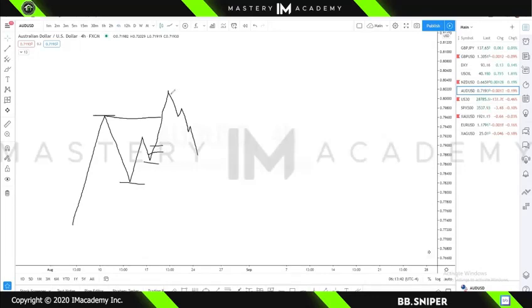So what they're going to do is move price down to fill this imbalance, right? Capture liquidity to wipe out buyers that maybe got in on that move up. Now, after internal liquidity is taken, at the same time, they understand, okay, there's some people, some way, somehow that got